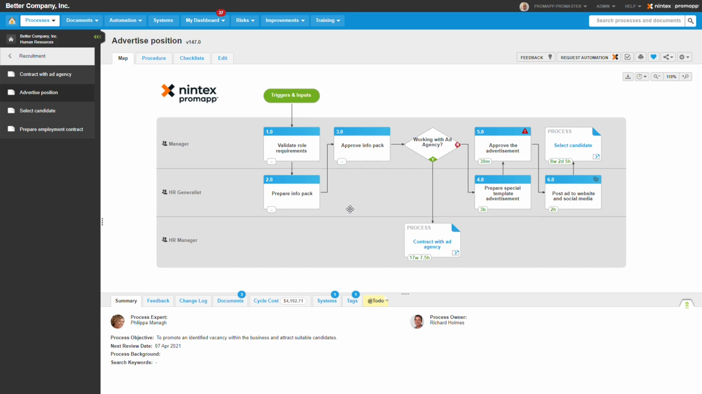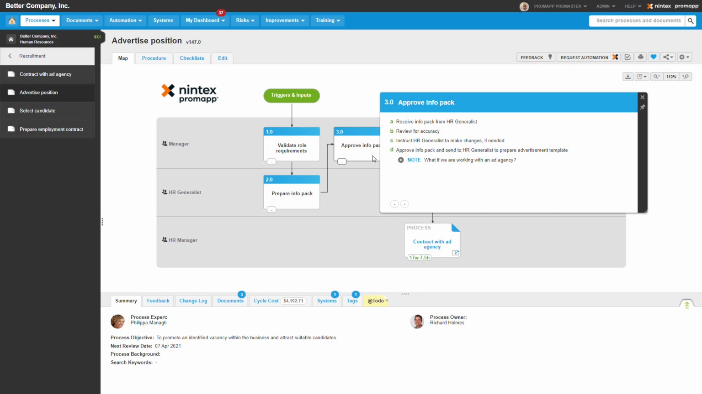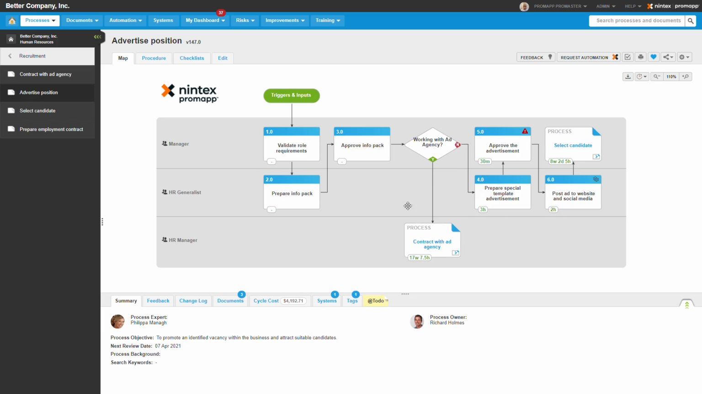And if I want additional detail, for example, perhaps instructions on how to perform step 3, approve the info pack, I can click into that step and I can see any associated task level detail that may give the worker any additional instructions as they're completing the process. And so that's an example of how I can sort of go top down, navigating into a particular process, going